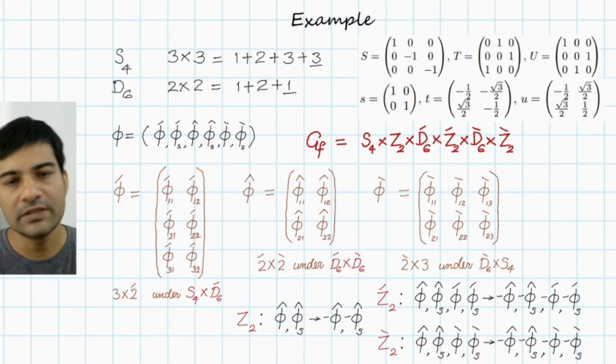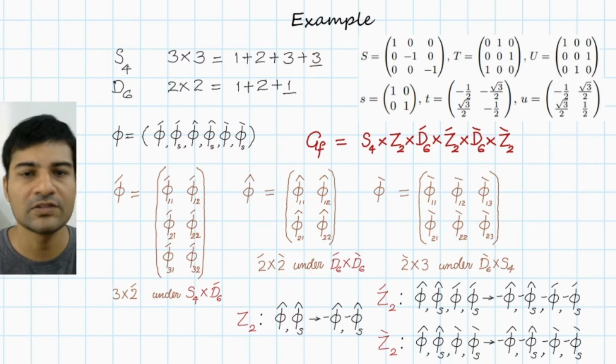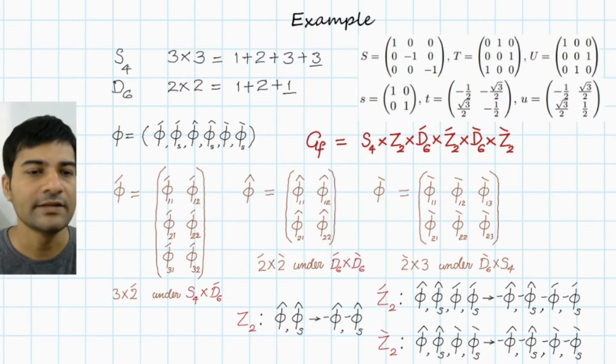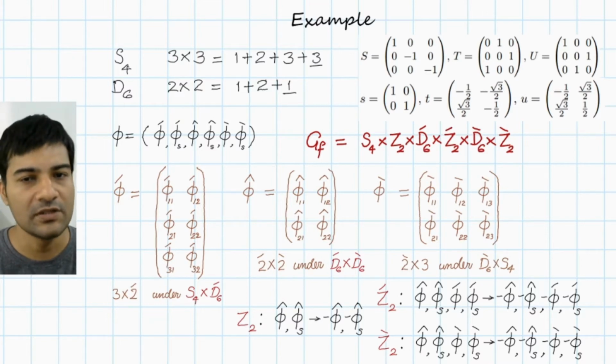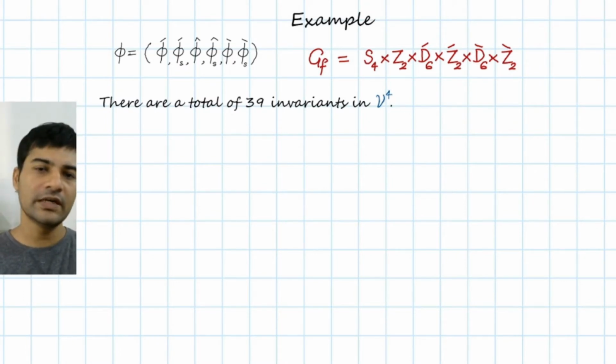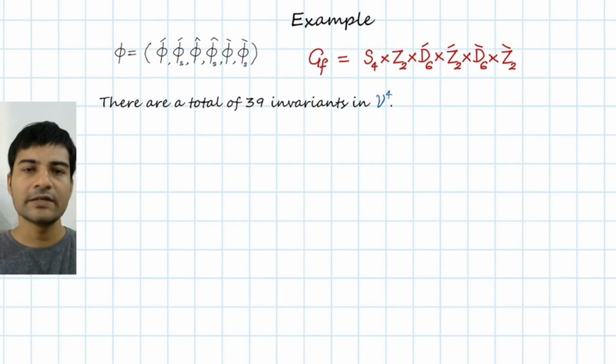The next step will be the construction of the potential. And I will construct the most general 4th order potential, so that is a renormalizable potential. And you'll see that when you construct that potential, the magic happens. If you analyze the invariants, you will see that there are a total of 39 invariants up to order 4. I'm not going to list these invariants here, but you may go through the paper to see the full set of invariants.